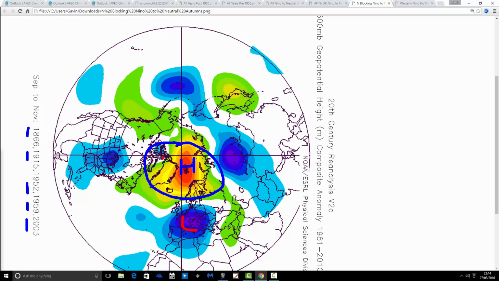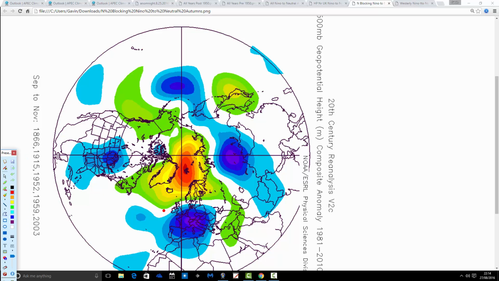And these are probably on average colder autumns in some ways. Still very dry because the Atlantic is being blocked off on average through these autumns. So not a huge amount of rainfall, but fairly dry autumns. But overall, they are a bit cooler because the high pressure is centred more to the north.